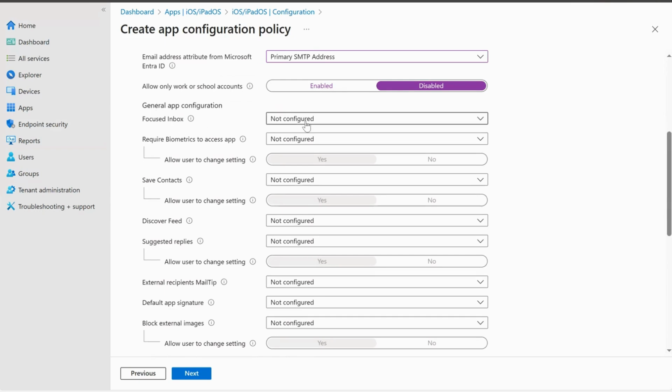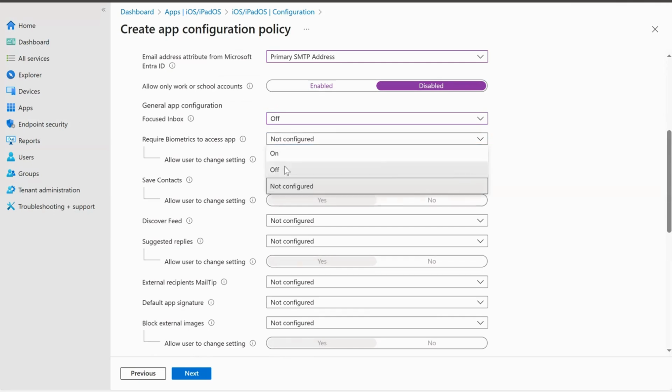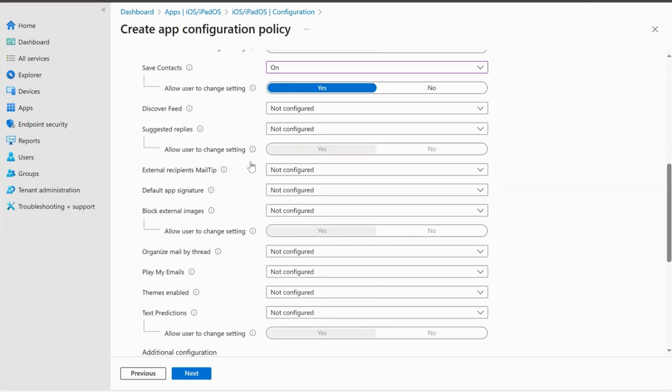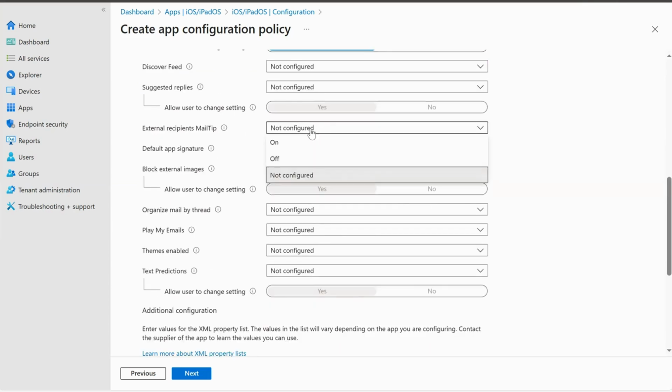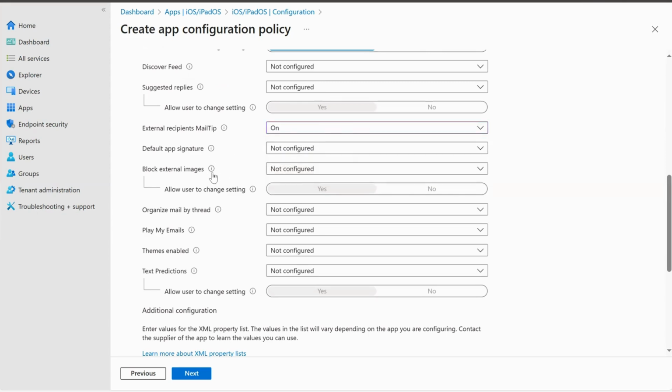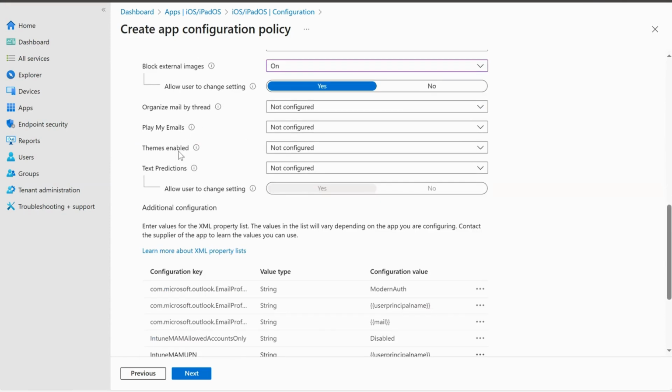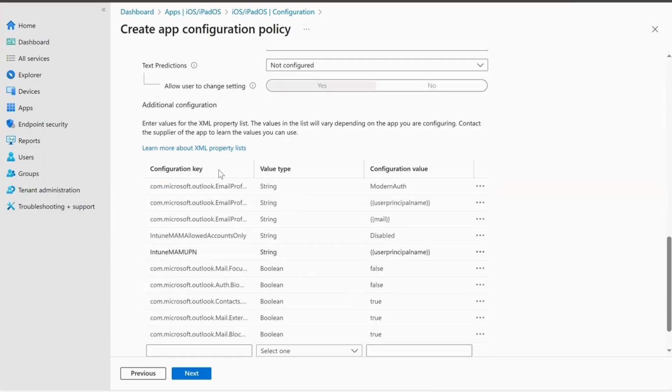General app configuration, focused inbox, I'm not enabling this one. Require biometric to access, off. Save contacts, yes. Allow user to change, okay. Discover feed, I'm not going to configure. Suggested replies, external recipient, yes. Default, no. Block external images, yes. Organize mail, no. Play, no. Dims, enable, no. Text direction, no. Additional configuration, okay, so all these are